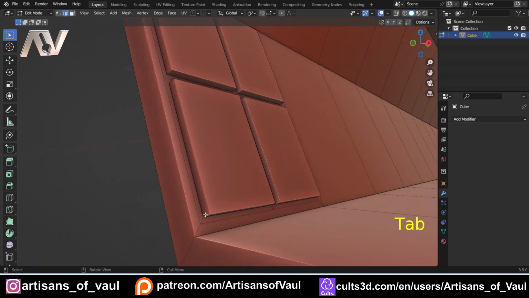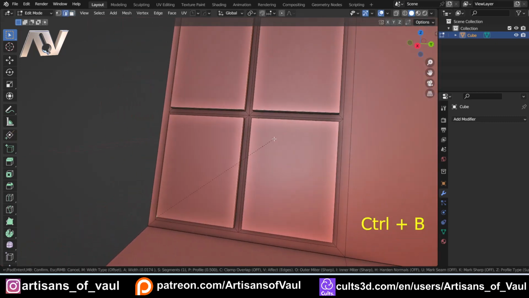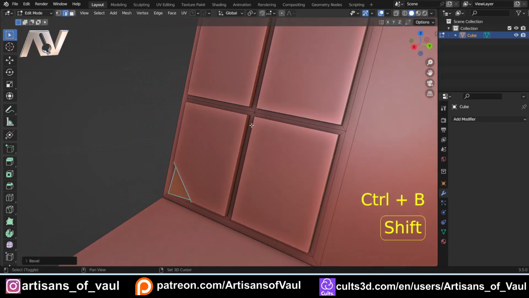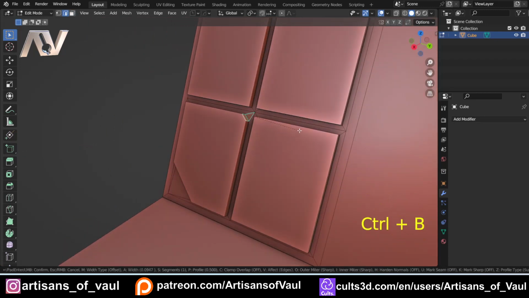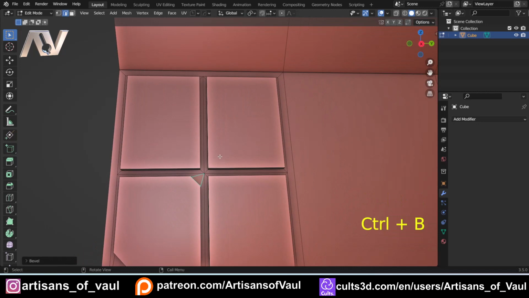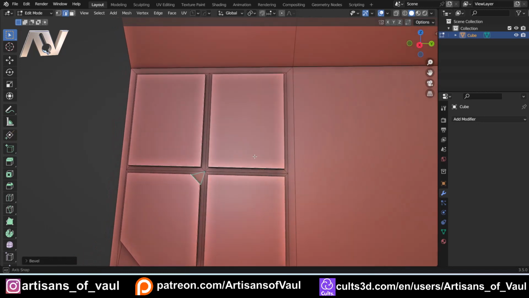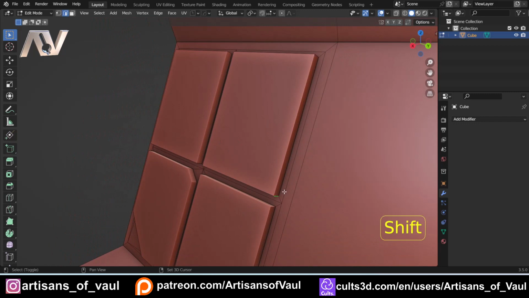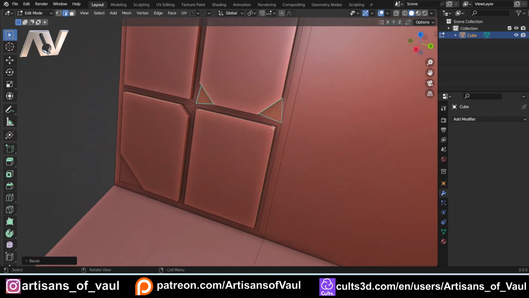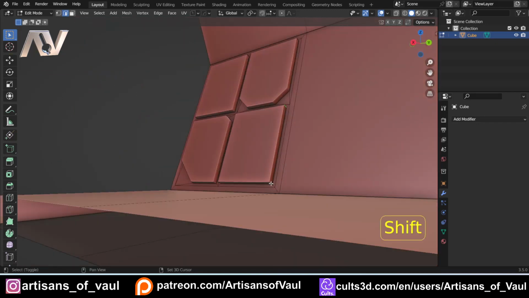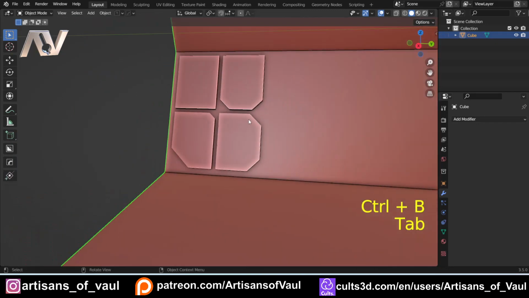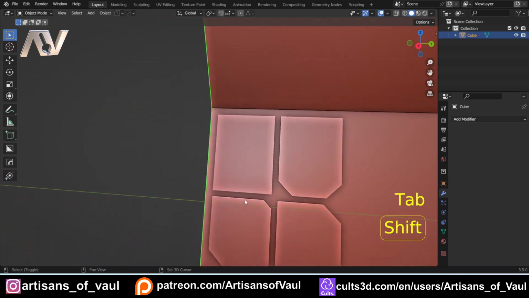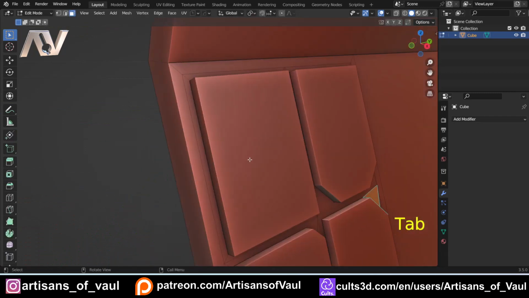So I'm going to come to edge mode, select that edge there, let's Control and B that, so we've got something a bit more interesting. Let's do that one a little bit smaller, so again, so it's interesting, and then we'll do, I don't know, this one and that one sort of there, and maybe that one and that one, something like that. Just something so it's a little bit interesting,